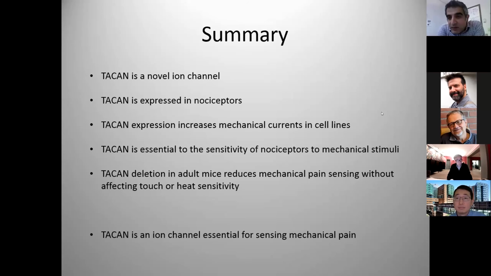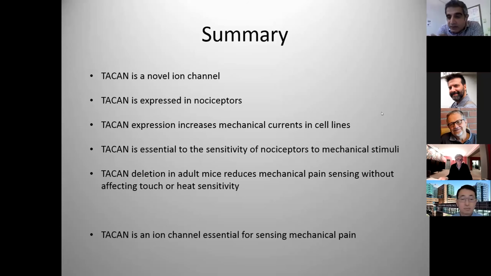When we looked at its sequence, we weren't able to find any known domains, which makes our job of further characterizing this channel even more difficult. So it is expressed in nociceptors, and expressing it in cell lines will increase the cell's responses to mechanical stimuli. If we remove it from cells that endogenously express it, like in nociceptors, we see a significant reduction in intrinsic mechanosensitivity, and removing TACAN in adult mice will reduce their responses to painful mechanical stimuli without affecting